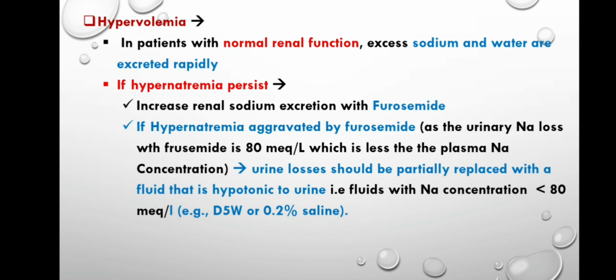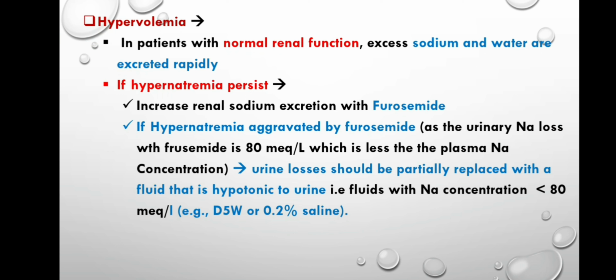Hypervolemia in a patient with normal renal function: usually sodium and water are excreted rapidly and sodium will be corrected spontaneously. If hypernatremia persists, you can increase renal sodium excretion by furosemide. بس مشكلة الفوروزمايد as we told before, it will increase the water loss more than the sodium, so it may induce more hypernatremia. So if hypernatremia is worsening, the urine loss should be partially replaced with fluid that is hypotonic to urine. لأن هو